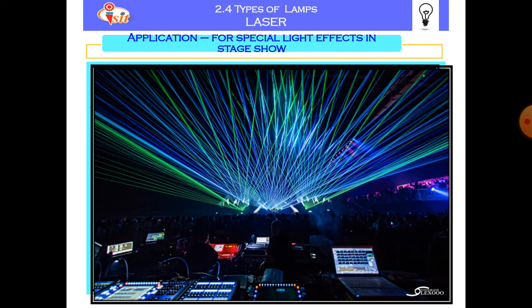Again, next one is for the stage show. For the stage show, there is use of tremendous lasers. In the surrounding areas there are various large laser beams.